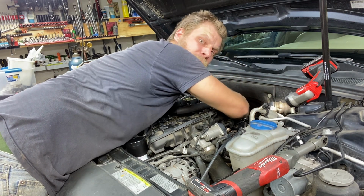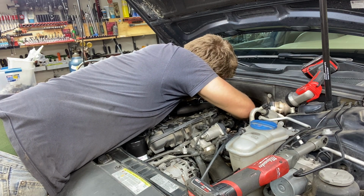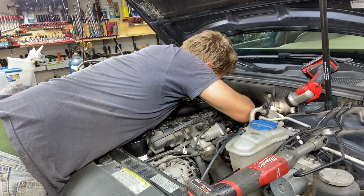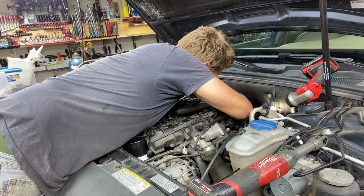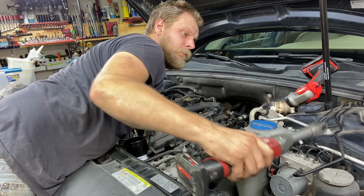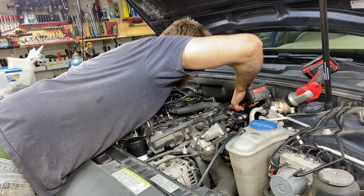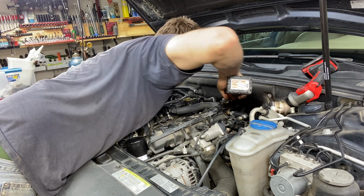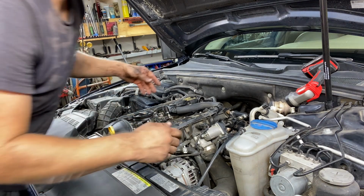This one goes in between that fuel line and the outlet nipple. So the bracket is a little bit tricky to pop into place. You have to pay attention when you're taking it out. There's a lot of room to work really though. So now we're just gonna simply take that